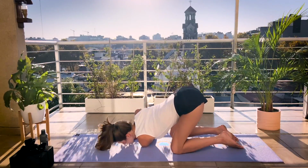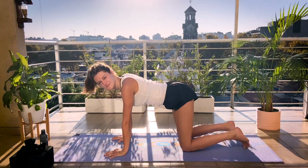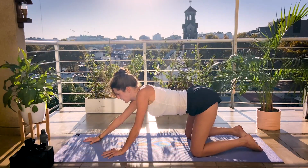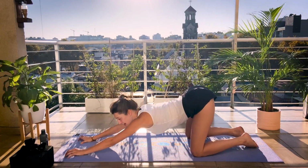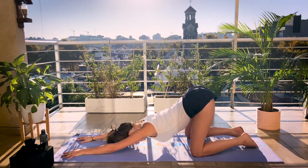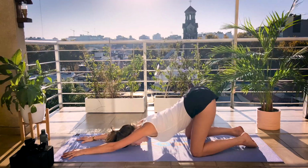Bringing our right hand to the mat, we push ourselves back up, getting ready for outstretched puppy. So we're just going to bring our arms slightly further forward. We want to make sure our hips are directly above our knees, and then we're just going to lower the top half of our body down towards the mat. Maybe our forehead can touch the mat,